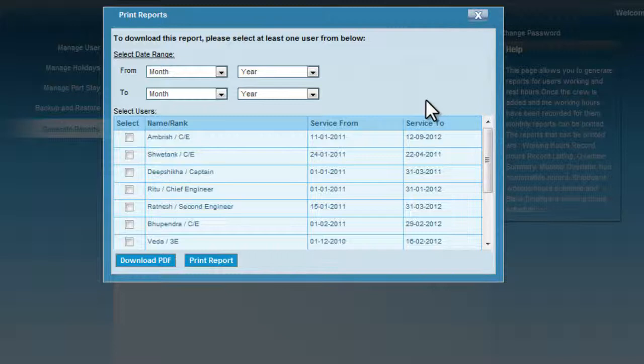For Working and Rest Hours Report, Nonconformities Report, Overtime Report, Overtime Summary Report, and Hours Report Listing, you have to specify the time period for which you want to generate this report.